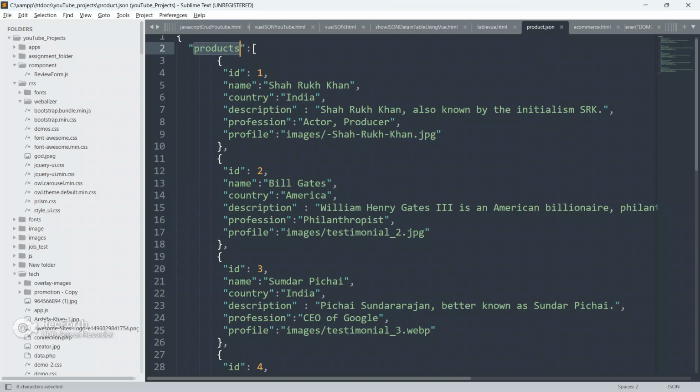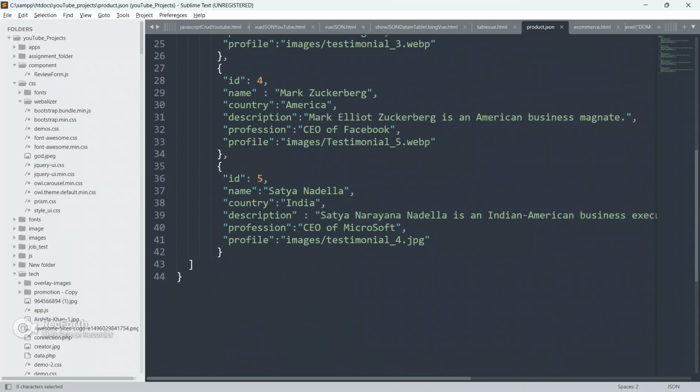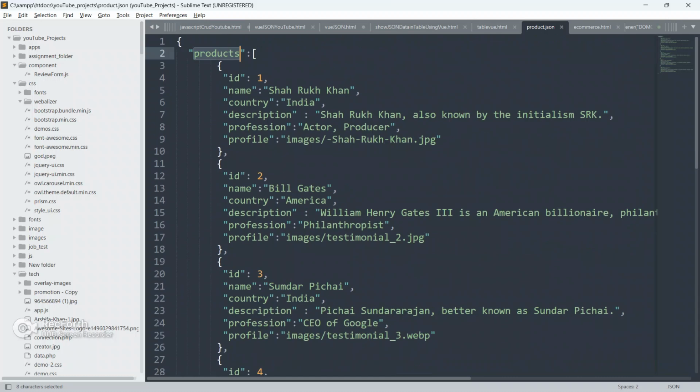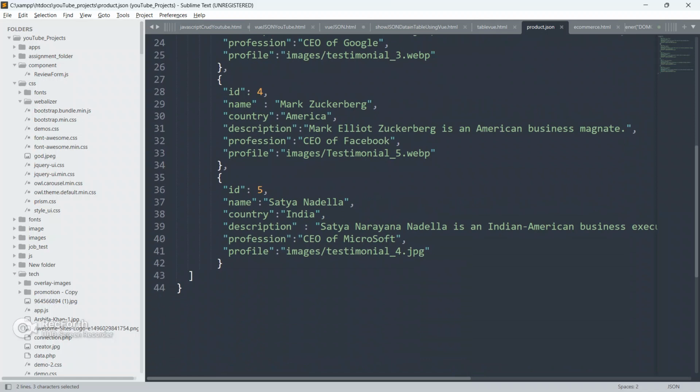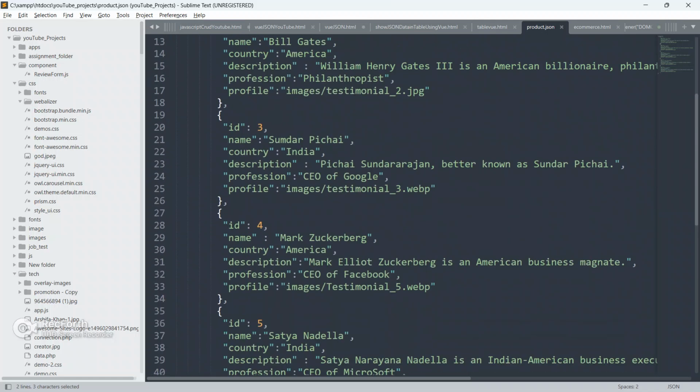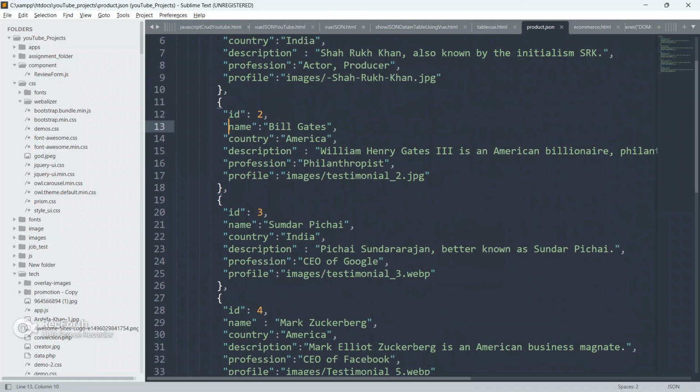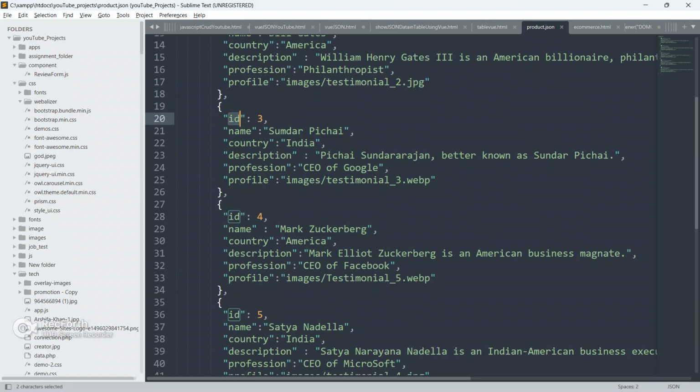In this JSON file, product.json, we have an array known as products, and inside the products array we have 5 elements: ID, name, country, description, profession, and profile. Likewise for all the rest of the elements. ID is 2, name is this, country is this. ID is 3, country is India, profession is CEO of Google.